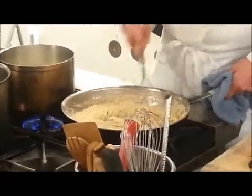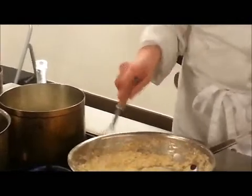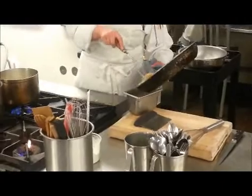Now you see, here's where it's white roux. See how it's starting to relax a little bit and melt? So this is where I'm going to take out some of it. So it's settled down. Anyway, so this guy is a Michelin star rated chef and just